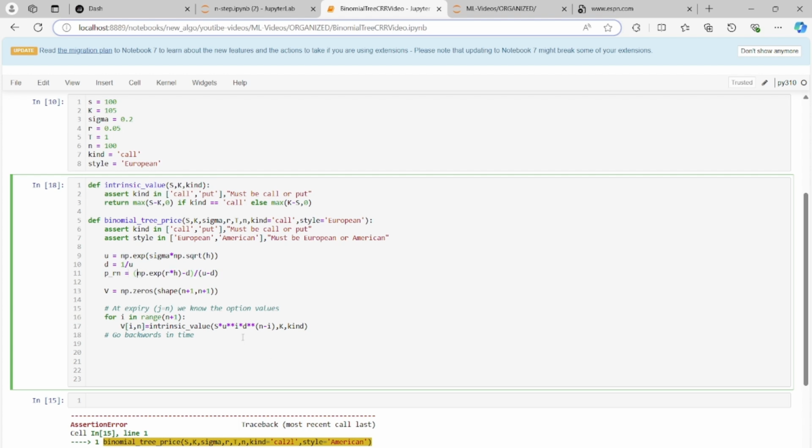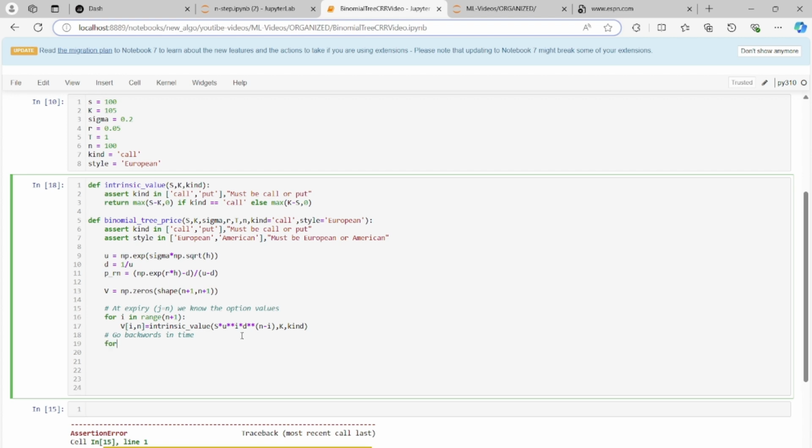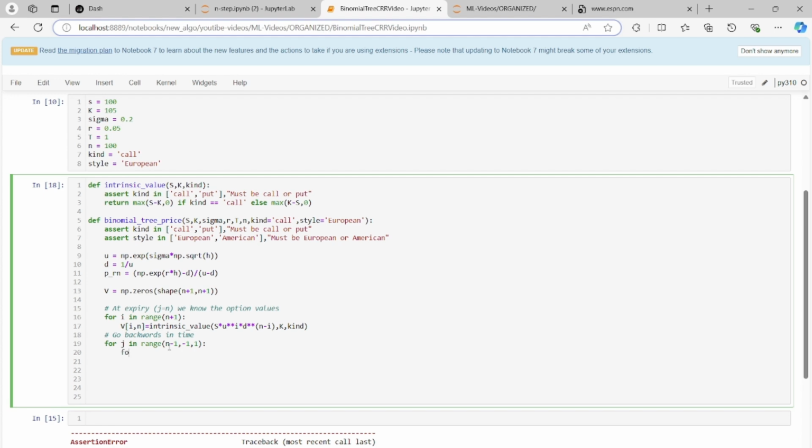Okay, so now we're going to go backwards in time. So we're going to do for j in range, n minus 1 is our first thing, because we already did n. We're going to go down minus 1, so we're going backwards, and then we're going to do for i in range j plus 1, because remember we had time step j, we have j plus 1